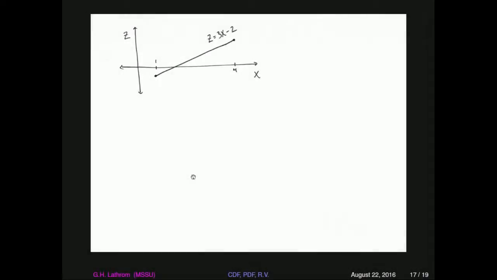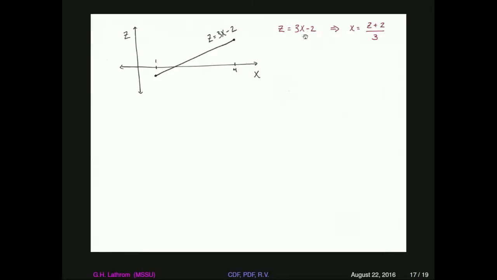Alright, so once again, we turn to the geometric picture to start out. So we've got Z is equal to 3x minus 2. Well, we know that's just the equation of a line, with a slope of 3 and y-intercept of minus 2. So if we've got our x values going between 1 and 4, if we just graph this line, then what happens,